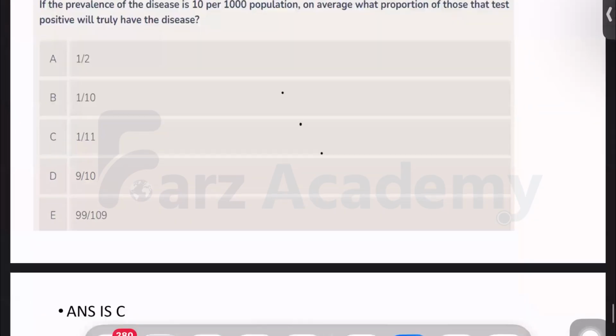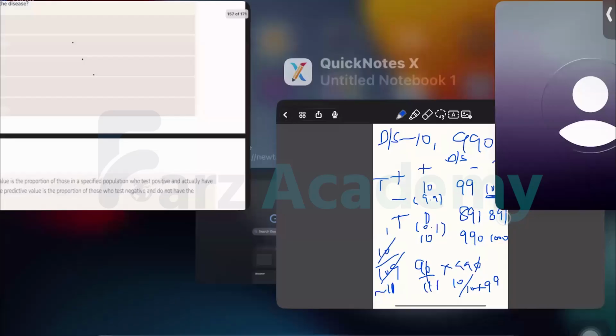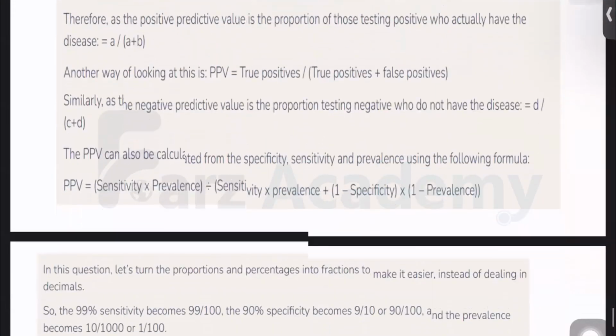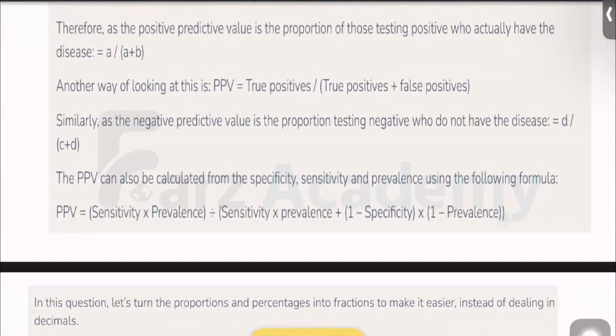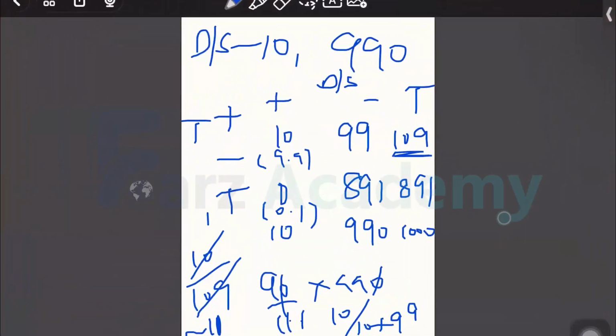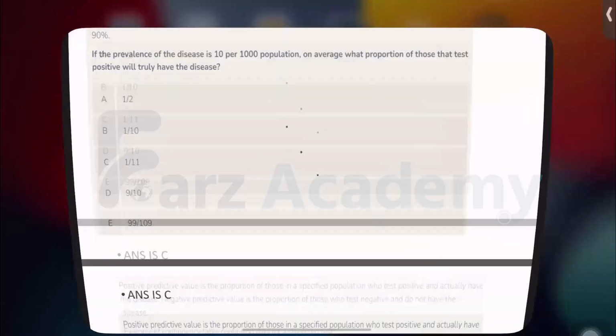That calculation which I did here is not there in the solution. They have calculated it by a very different way. It's a very complicated equation that they have used. If you see here, PPV is equal to sensitivity into prevalence, over sensitivity into prevalence plus 1 minus specificity. It's a very complicated equation. So rather prefer this, making this 2 by 2 table always. Because in some places they may give you sensitivity, specificity. If they ask negative predictive value, you have to again recall one more huge formula. So go by 2 by 2 table and calculate. Don't blindly recall the solutions, okay?